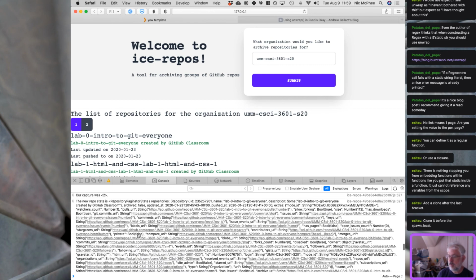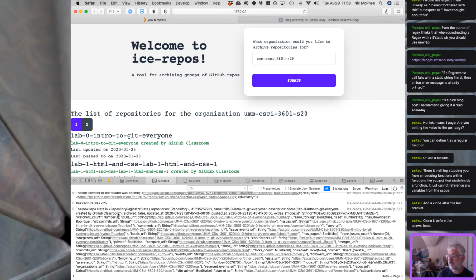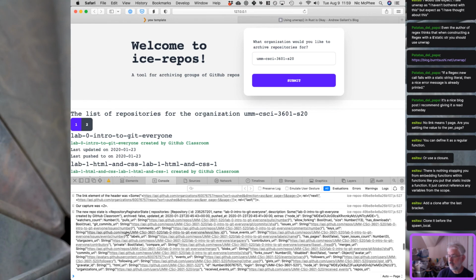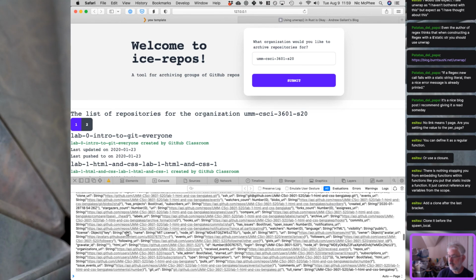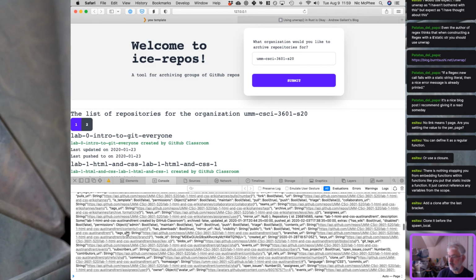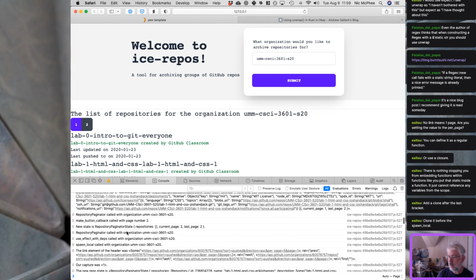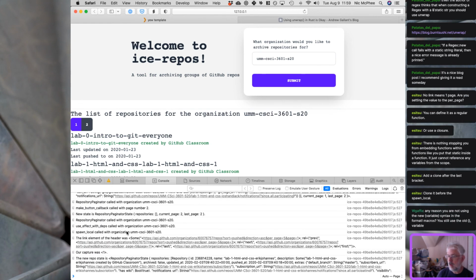The new repo state: make button was called with page number 2. The new repository paginator state